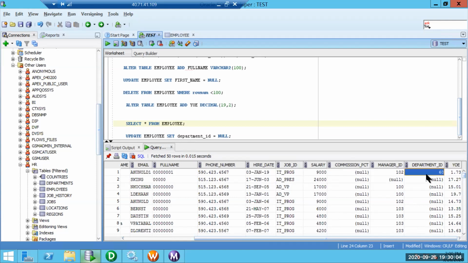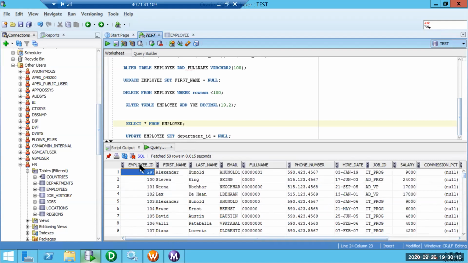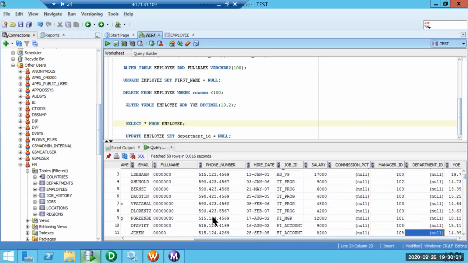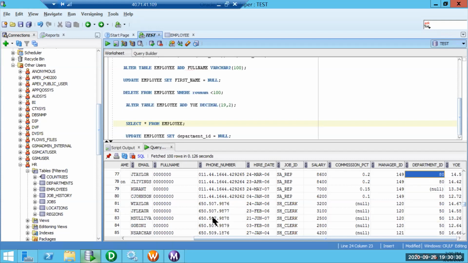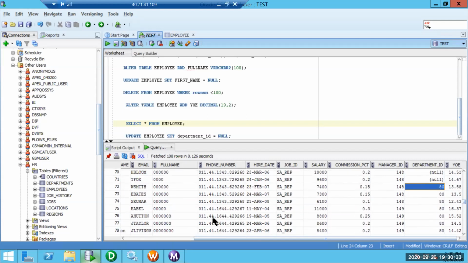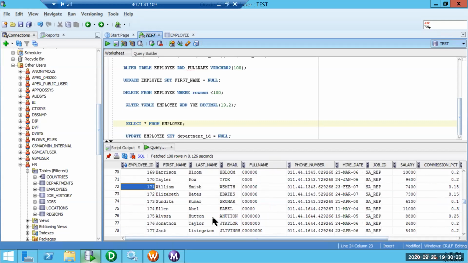Okay, here department ID 60 is updated, because the employee ID is 170 or 297, it is greater than 171. So if we see, okay, we'll go here. I will stop where my department ID is populated. We'll see if it is 171 or not. Yeah, there you go. It is 171. So that is how we can restrict the lookup cache.